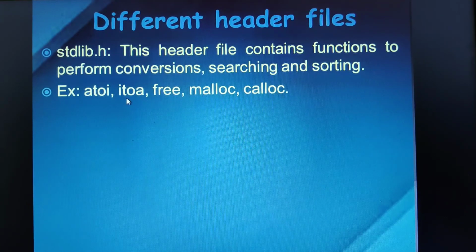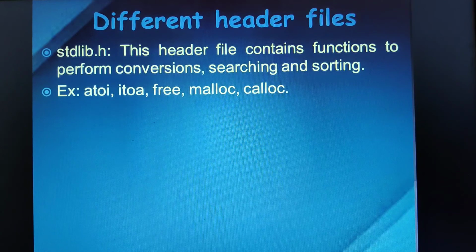What is this itoa? itoa converts the integer data type to its character data type. Then next we have free. Free will deallocate the memory block which was previously allotted using calloc or malloc. Suppose, for example, when you execute any program, certain memory will be allotted for that program, depending upon the data types of the different variables you are using.